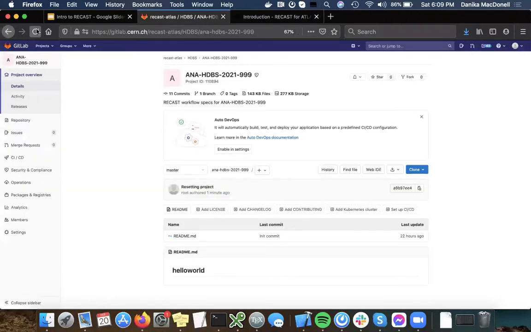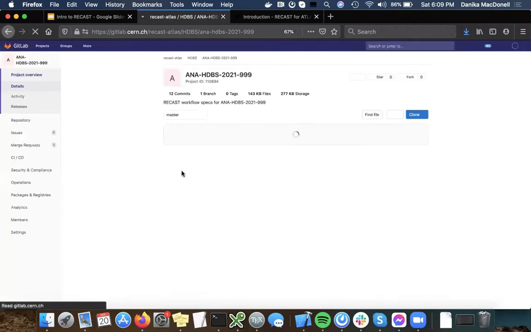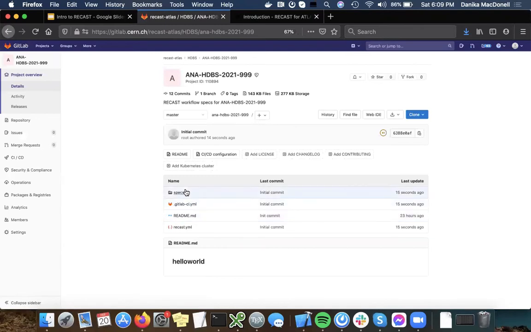Now we can go over to the project and we see that the files are there now, so that's good. And it looks like there's a pipeline pending, so it hasn't started running yet. So while we wait for the workflow to get started and hopefully finish,